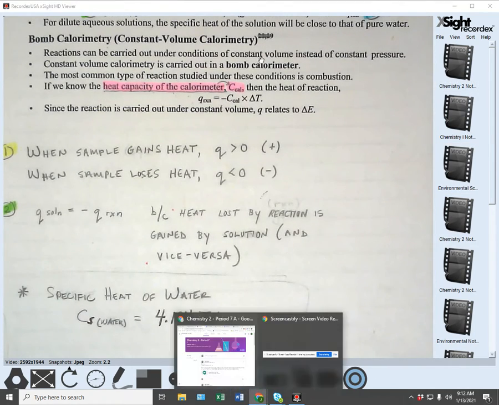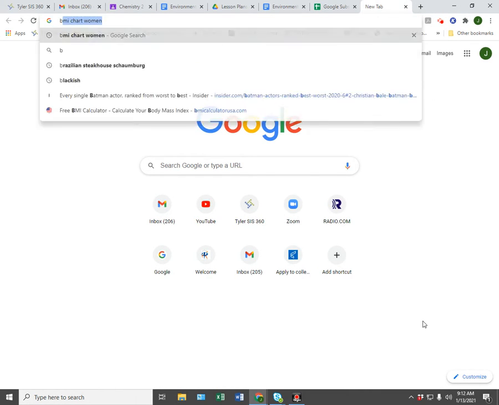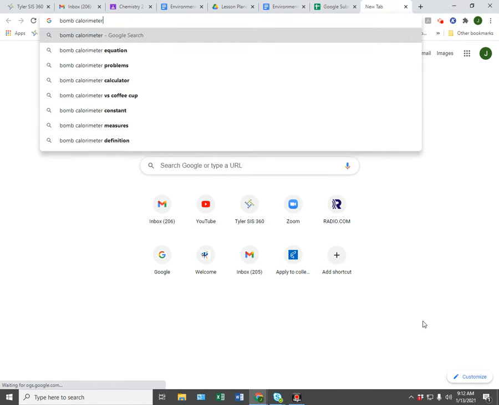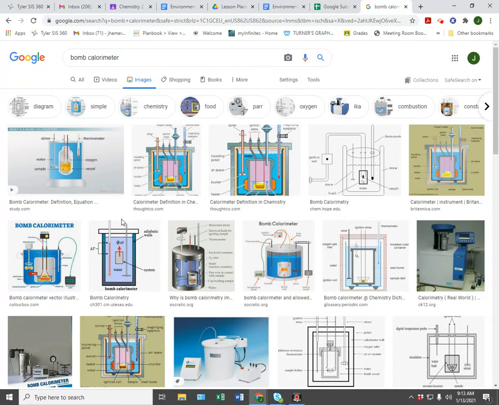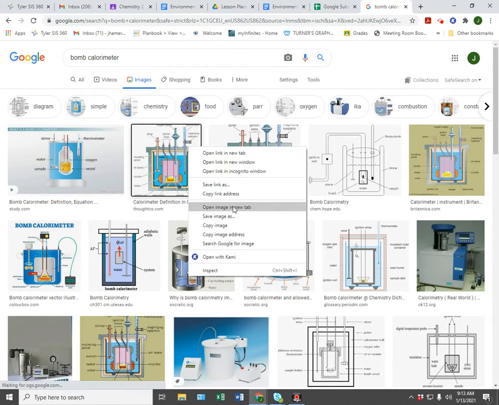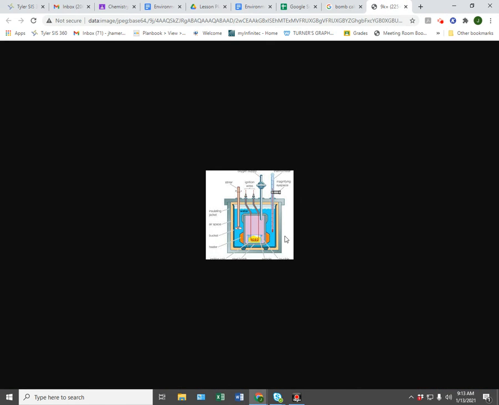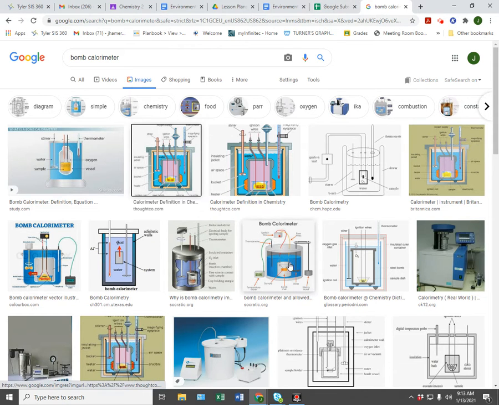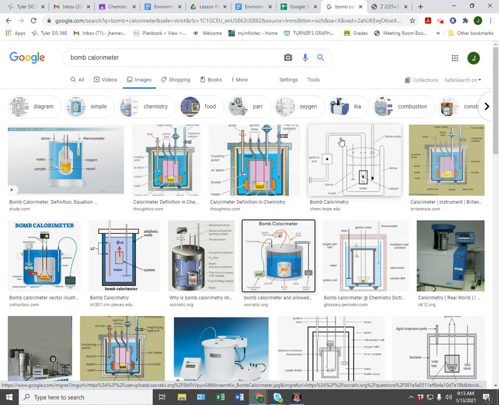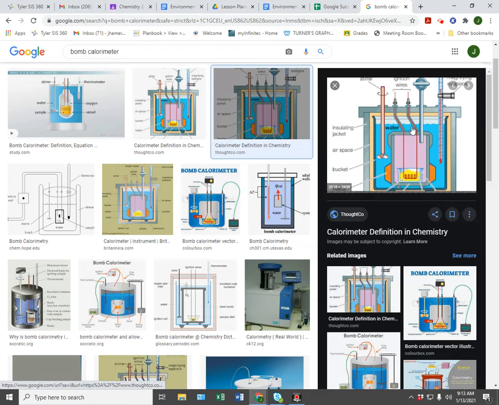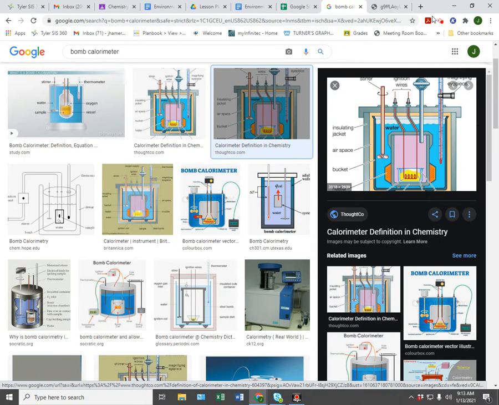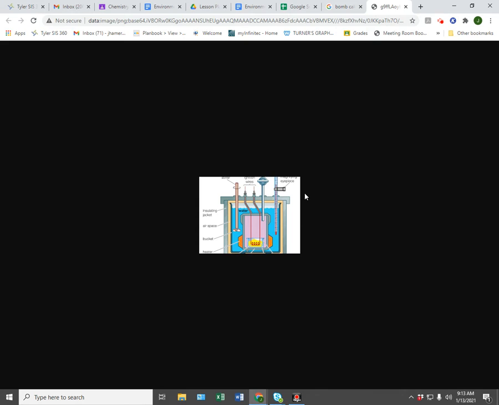So I'm actually gonna, I should have had this pulled up already, but I'm gonna show you a So essentially what a bomb calorimeter is, let's see if we can get one of these images a little, oh, it's not very helpful. Okay, how do I get these bigger? Does not help. Hold on, let me zoom in with my